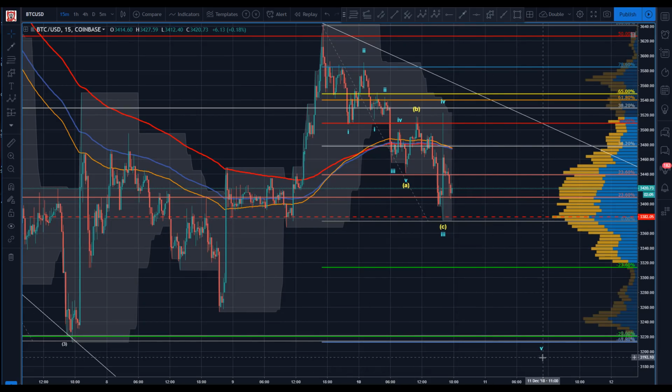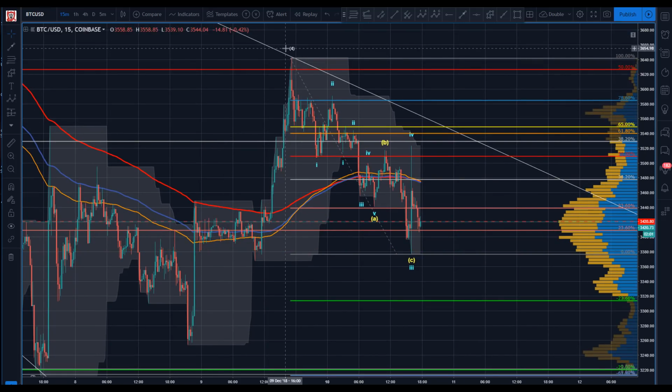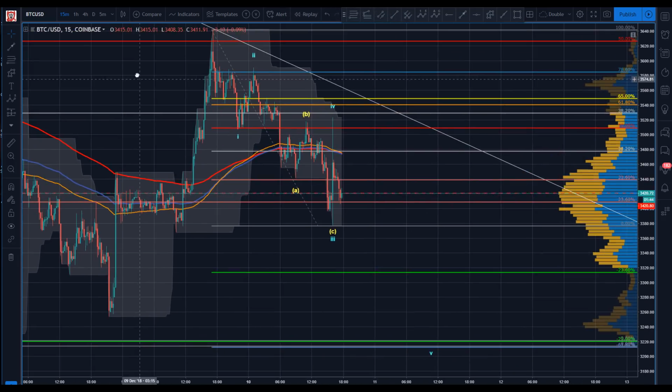So this potentially now, even if we look and say, well, could this be, if this is our 4, maybe I have the 1. So maybe we go 1. This is problematic, right? I'm struggling with that bar. So what do we do with that? We can't get any subdivision in it. But because we get this low here, I think we've got to allow for the possibility here that this is...